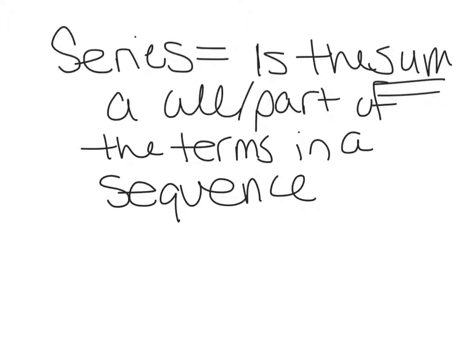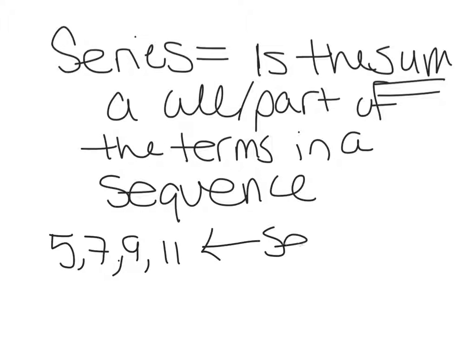So for example, on the last page when I made my sequence, I had 5, 7, 9, 11. Well, this part is the sequence. If I wanted to find the sum, and I'm going to call it a partial sum this time